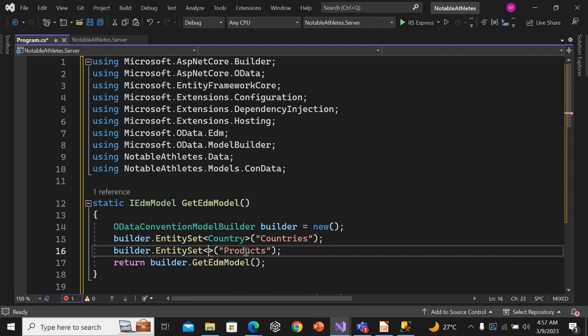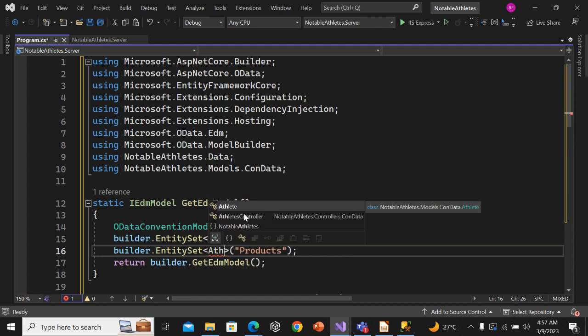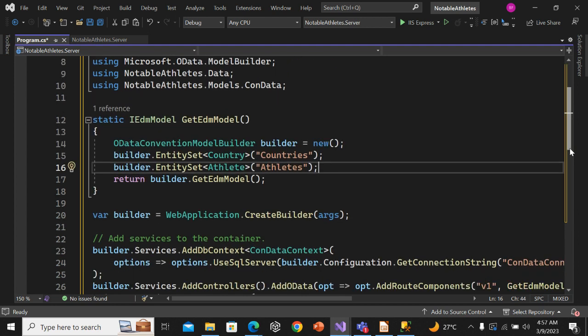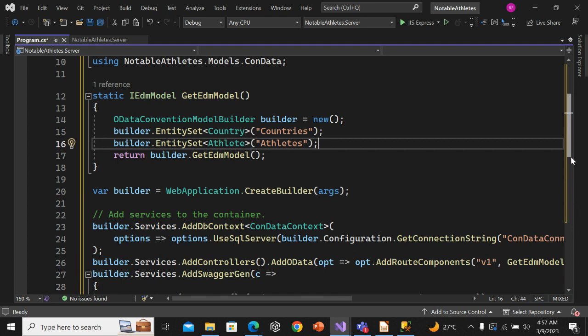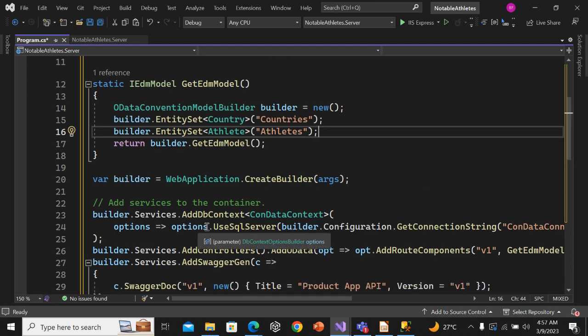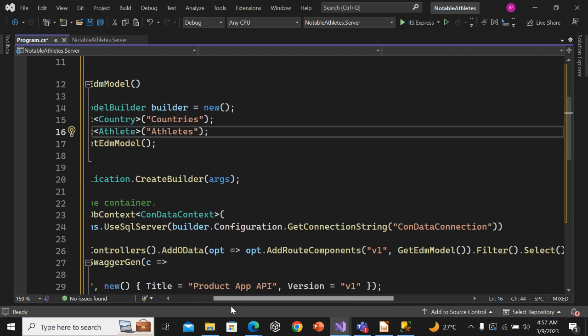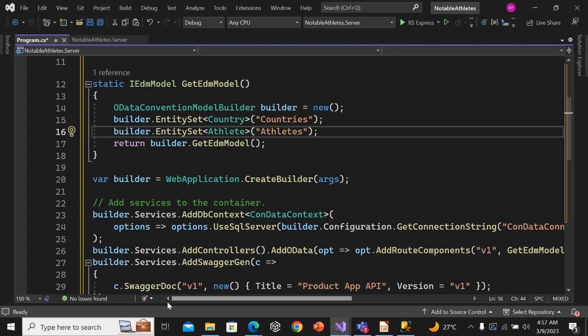And I'm also going to have builder.EntitySet athlete, Athletes. So I have builder.Services.AddDbContext data context, options, go into options.UseSqlServer builder.Configuration.GetConnectionString data connection,